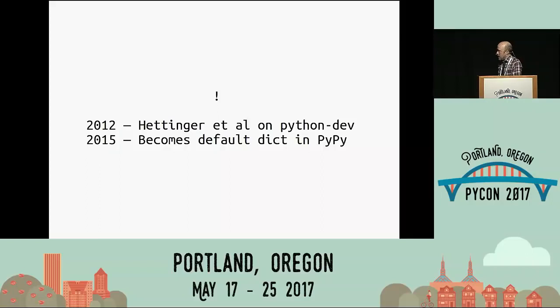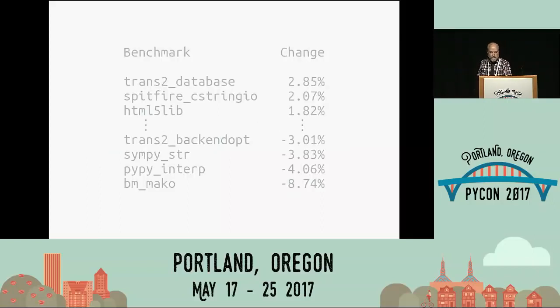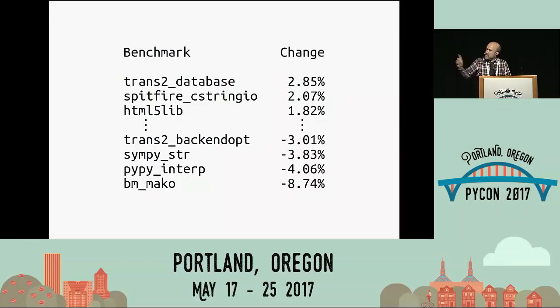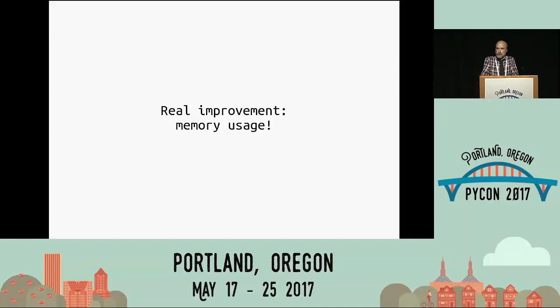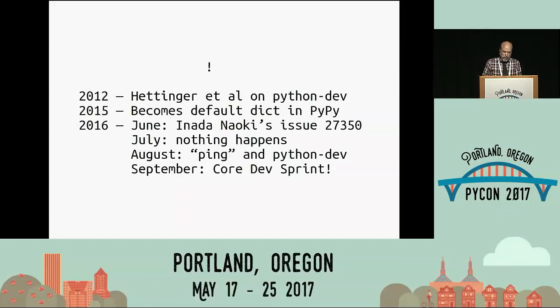2015, they added this to PyPy, which is allowed to do crazy things to be more efficient. It's interesting, a few things sped up significantly, 4%, 8% gains. Some benchmarks slowed down because we added a level of indirection, which is the problem with solving problems in computer science. It can make things slower. Some things got slightly slower, slightly faster with 1 or 2 big wins, but the big reason for doing this wasn't speed. It was actually exciting that the speed had barely changed, adding an extra level of indexes, because we got much better memory usage.